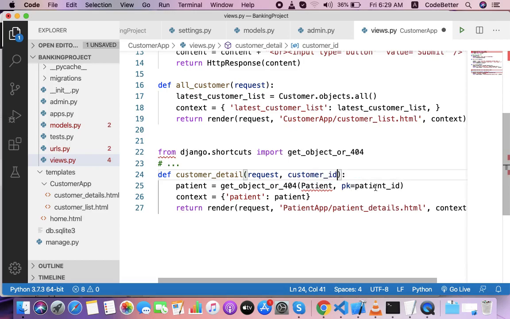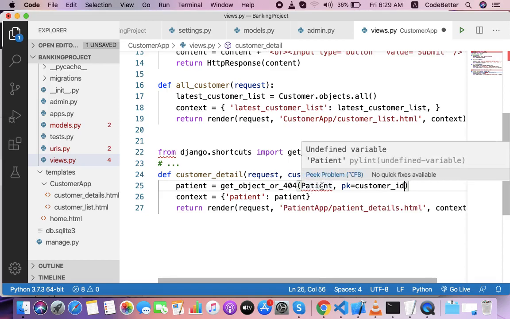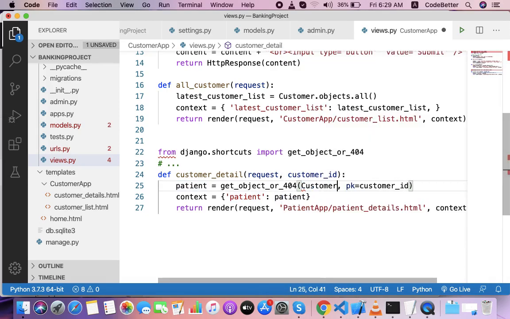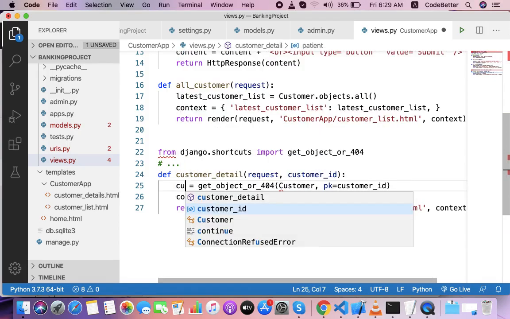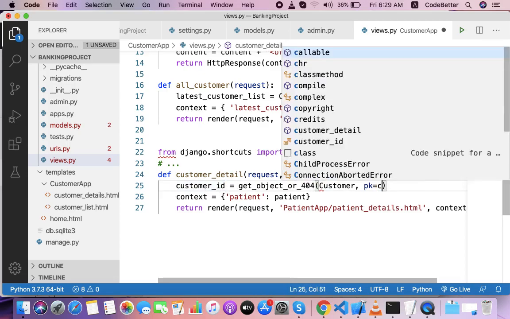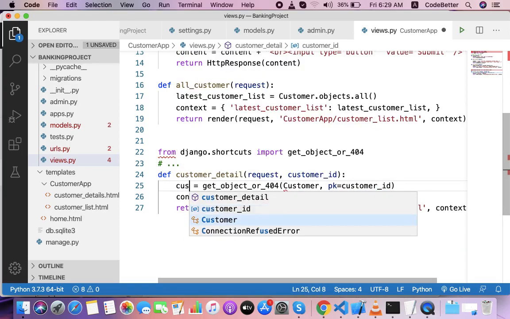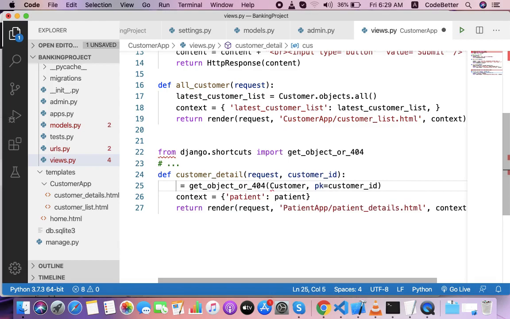And you should pass this customer ID as an argument to fetch the data from the customer model. So you get a customer whose customer ID matches the customer ID that you passed in the URL. So the data you passed in the URL is received here in the request along with the request object. Using this customer ID, you fetch data from this database and you receive a customer object.